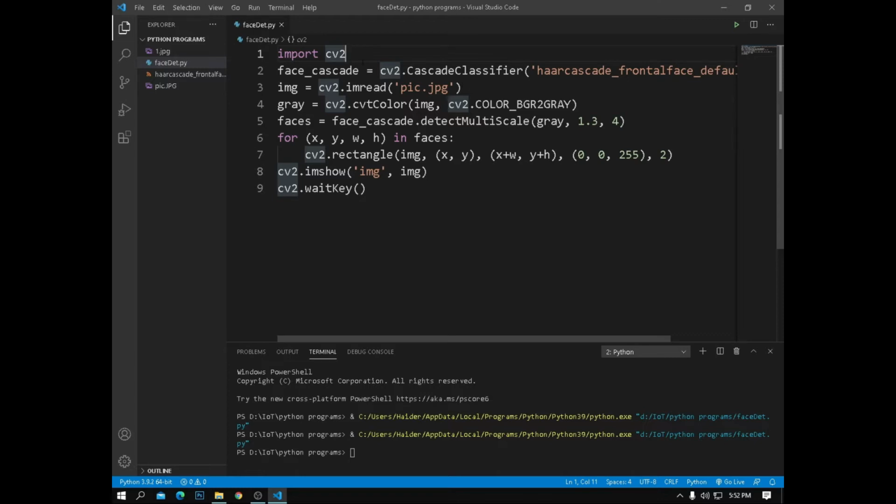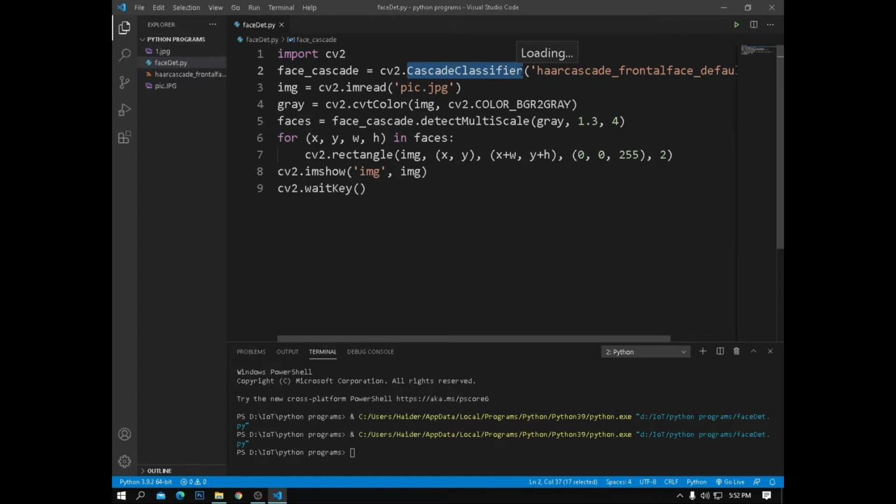If you look here, import cv2. You have imported this library. After that, face detection using Haar cascade. This is the Haar cascade classifier. A Haar cascade is a machine learning based approach where the cascade function is trained with a set of input data.